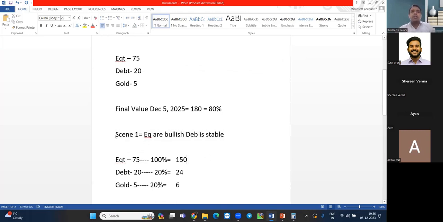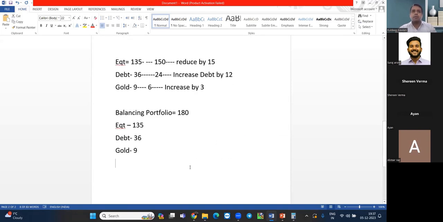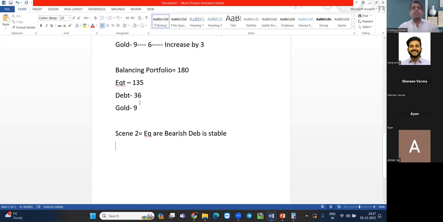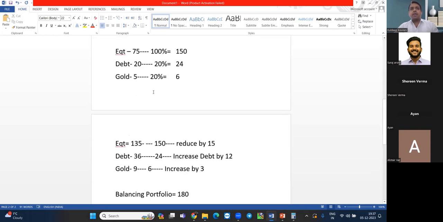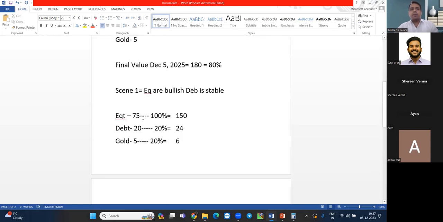Now let's take scene 2. But sir, equities are giving more returns, so why should we rebalance and put money in lower-return assets? I'll tell you for scene 2. Equities are bearish. That means I am expecting the equity market to fall. If I'm expecting equity markets to fall, in that case, what I will do is